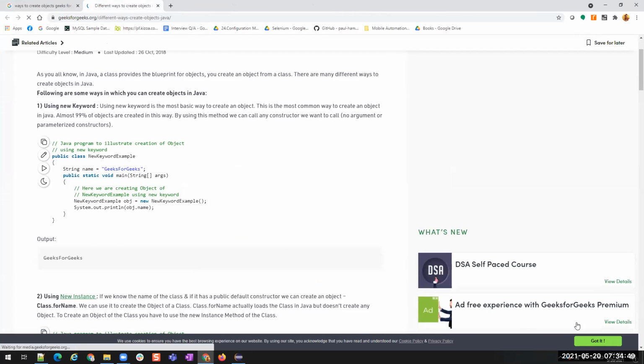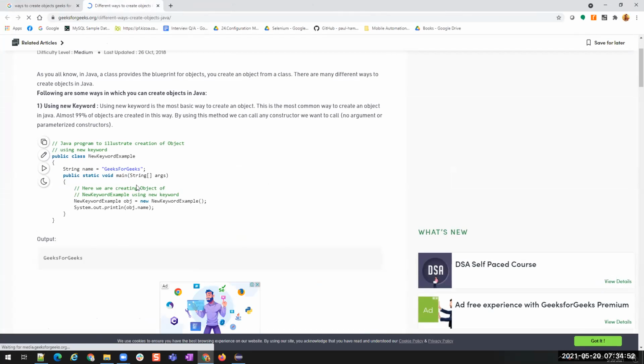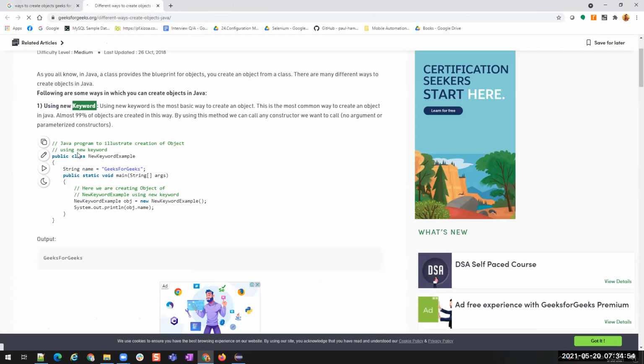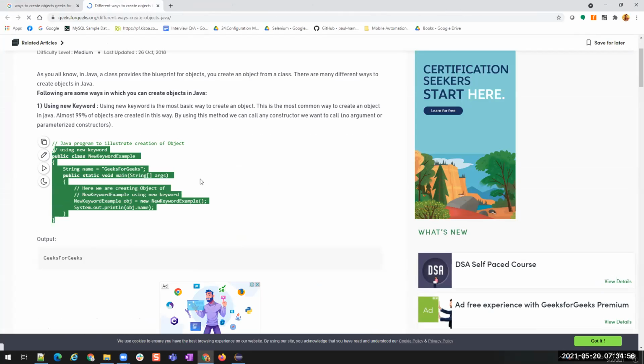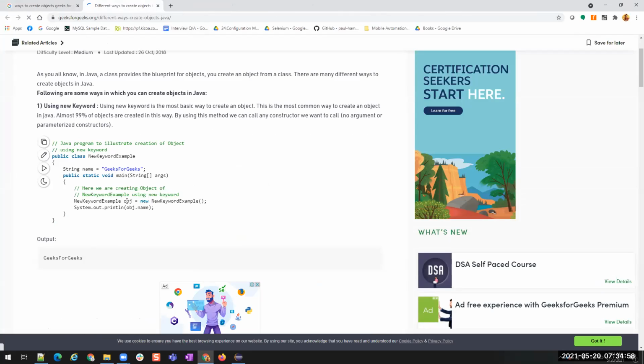You see here, it is explained clearly with samples. This is using the new keyword that we are going to use, and we already did using the new keyword. This is the object. What is this new keyword example? This is the same class. For the same class, if you want to create an object, you will still be able to do it.